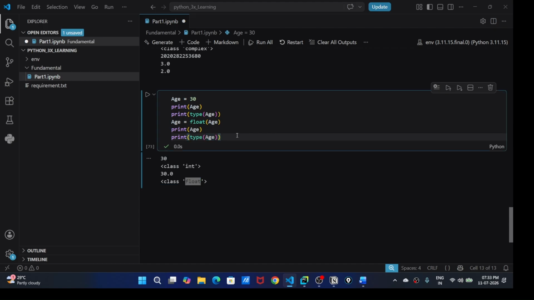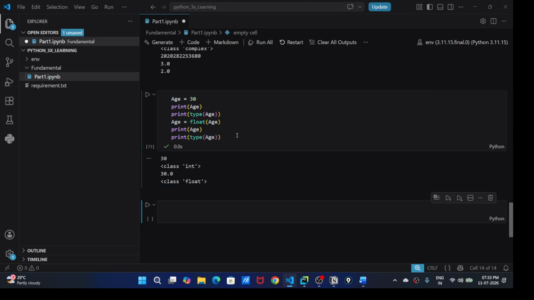So that is one of the reasons. First of all, we are not defining what type of variable it is. Just because of that, Python is dynamically typed. During the runtime, it will identify what type of value it is, and based on that it gives you the output. So this is one of the reasons Python is dynamically typed, right?